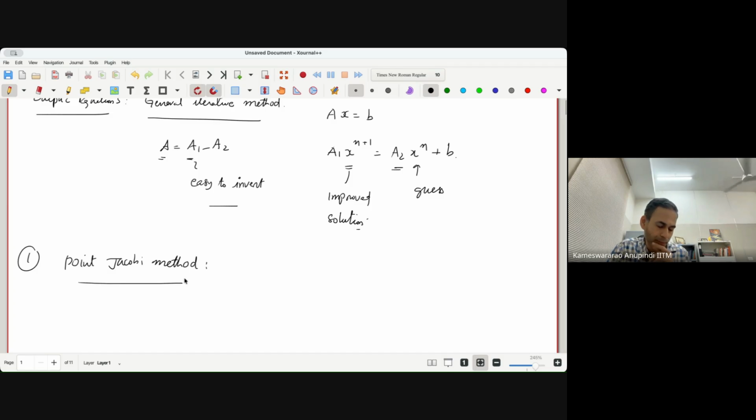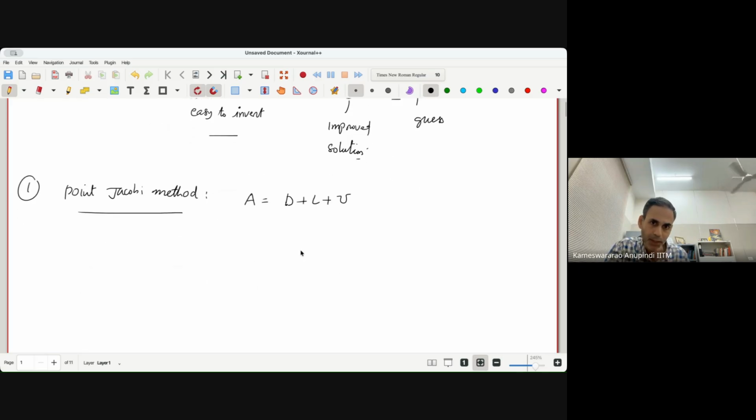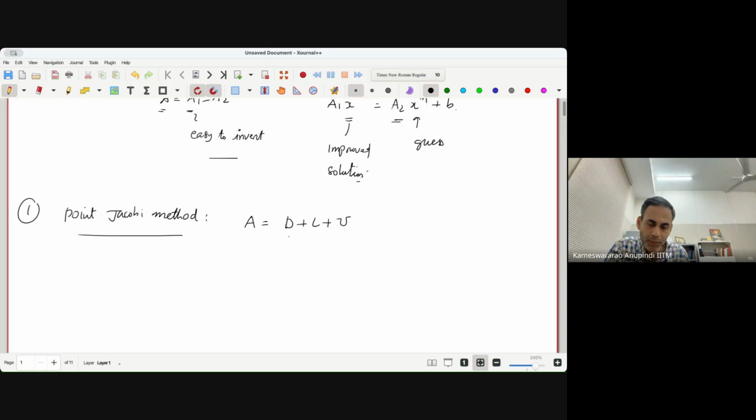In the point Jacobi method, notwithstanding the plus and minus, we split the A matrix itself into D plus L plus U. That means we are splitting it into a diagonal matrix D, the matrix with